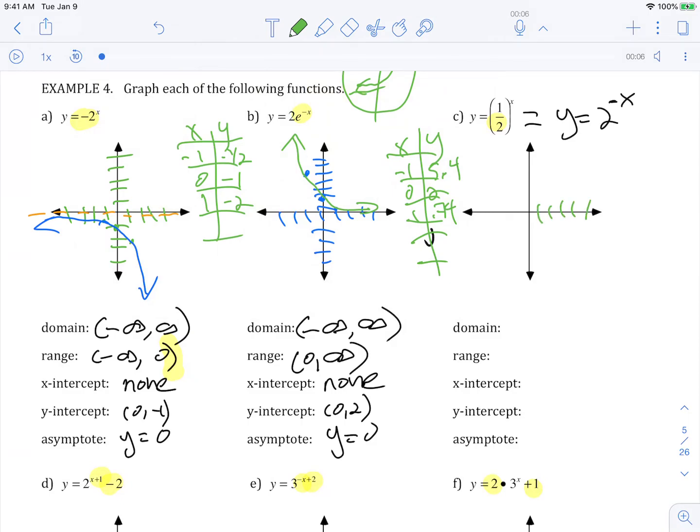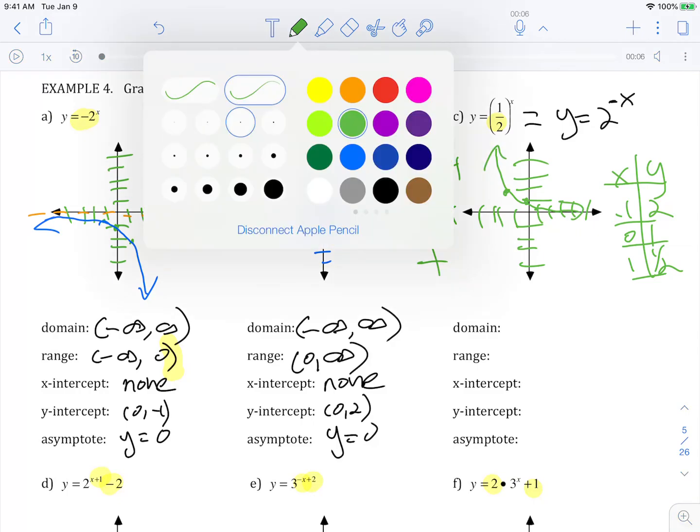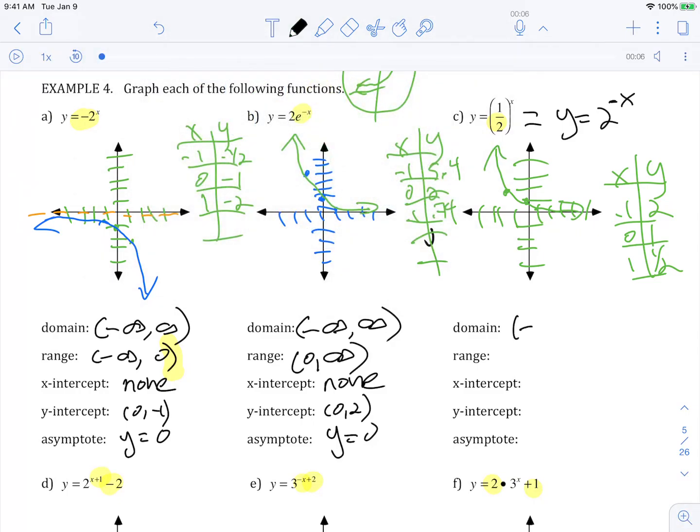So again, x, y. We have (-1, 2), (0, 1), and (1, 1/2). We know eventually it's going to go up like that. And our domain is, again, the same for all of these. All these will have the same domain, 0 to infinity, x-intercept none, y-intercept (0, 1), and my asymptote is y